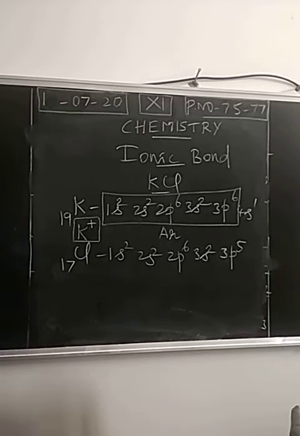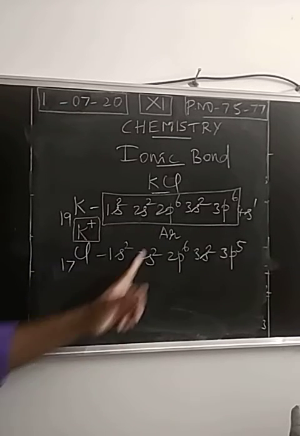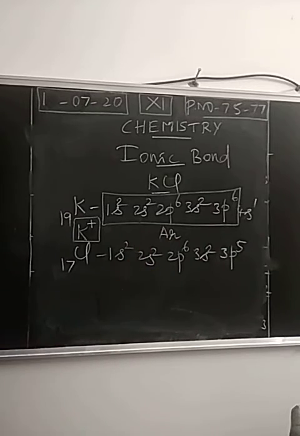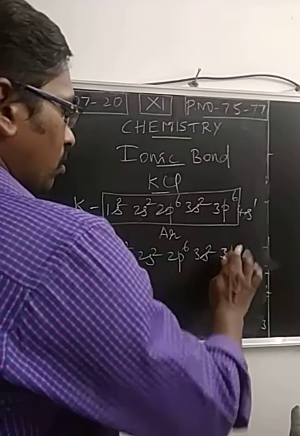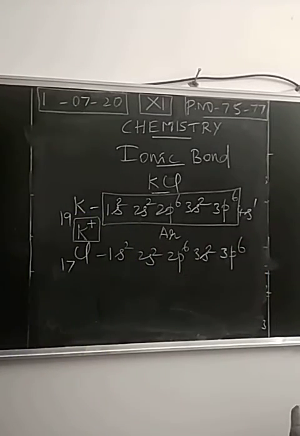The same applies to chlorine, which is more electronegative in nature. It has the tendency of gaining an electron to achieve the electronic configuration of argon. When it accepts an electron, it becomes 3p6. So a completely filled electronic arrangement is reached when it accepts an electron.